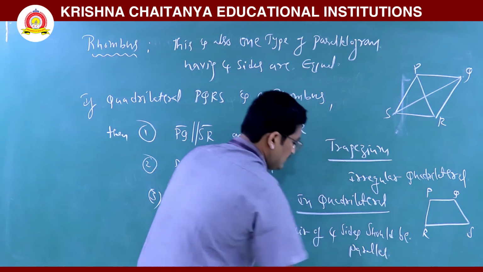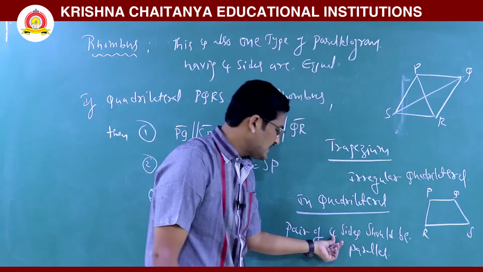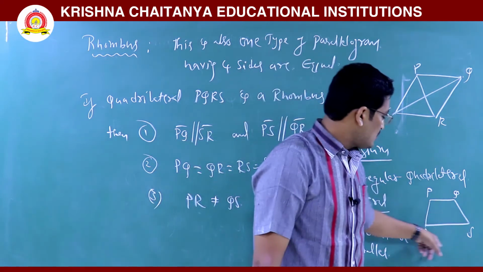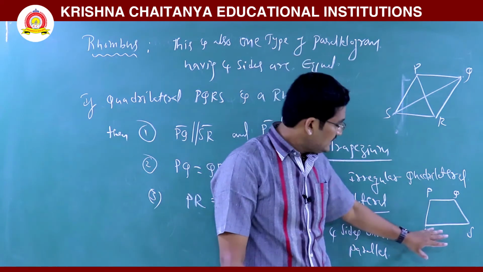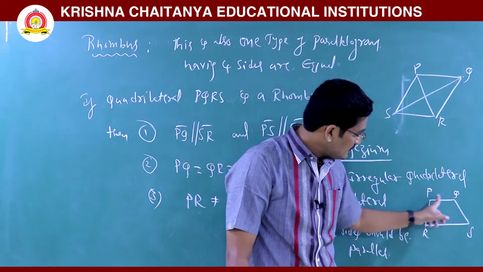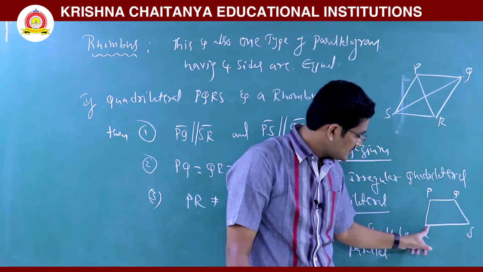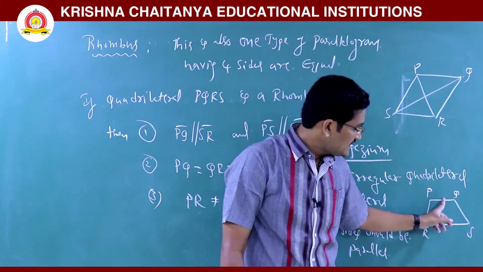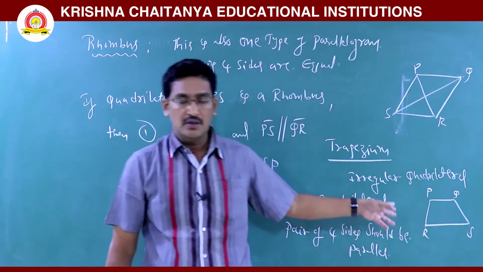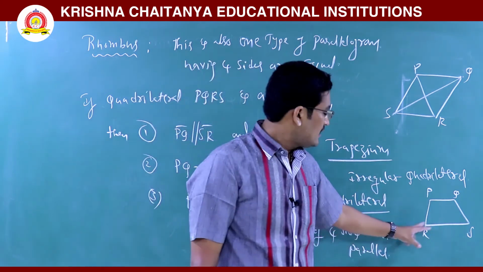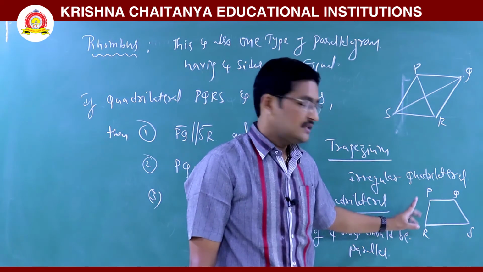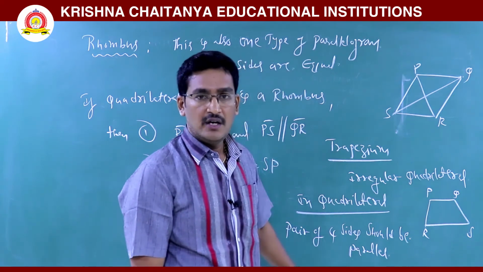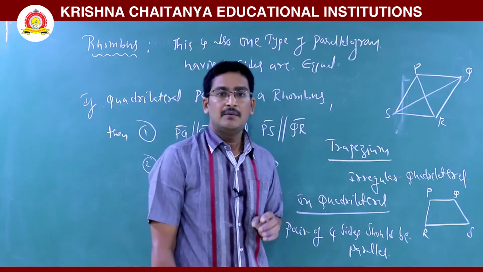So if in the four sides of the quadrilateral any pair of sides is parallel, then that PQRS quadrilateral is called a trapezium. In this PQRS quadrilateral, PQ is one side, QS the second side, RS the third side, PR the fourth side. Here PQ is parallel to RS, so these two sides are parallel. So this is also a trapezium. This is called an irregular quadrilateral because it does not have any similarities of lengths and angles of sides. You have to remember these 5 varieties of the quadrilateral.